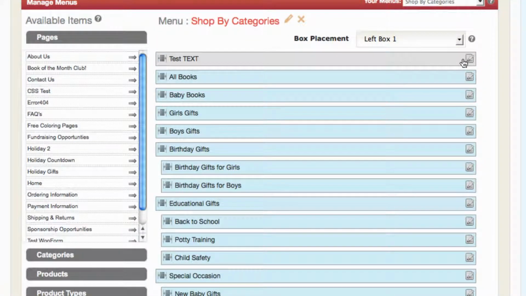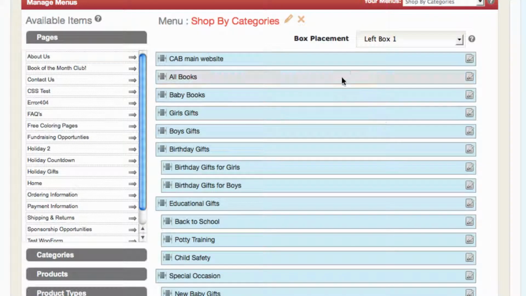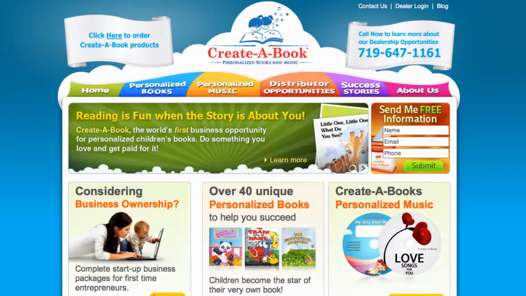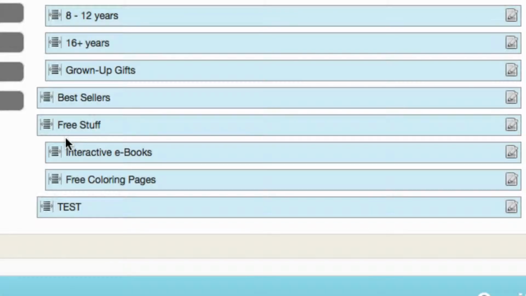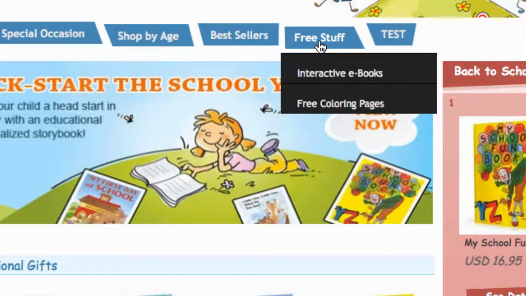Let's say I want to change that link to say CAB main website, and then save that. And then now if I go back to the main web page, I have CAB main web page, I click this, and you see it opens up the Create a Book site in a new window. The custom text is also helpful if I wanted to build a drop-down that does not currently have a page or product. For example, in my main menu on our demo site, I have a link for free stuff, where it is not actually a link you can click on, but by hovering over it, it drops down the submenu